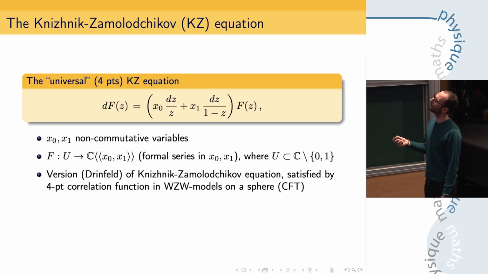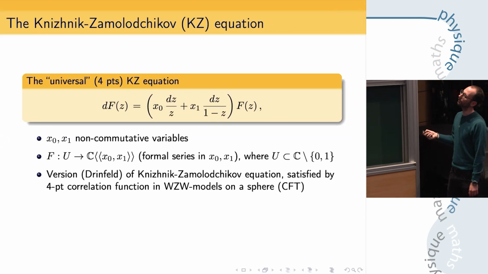So suppose you have this differential equation where x0 and x1 are formal non-commutative variables. And you're looking for a solution f, which is from some domain in C minus the singularities of the equation, and valued in the formal series in x0, x1,